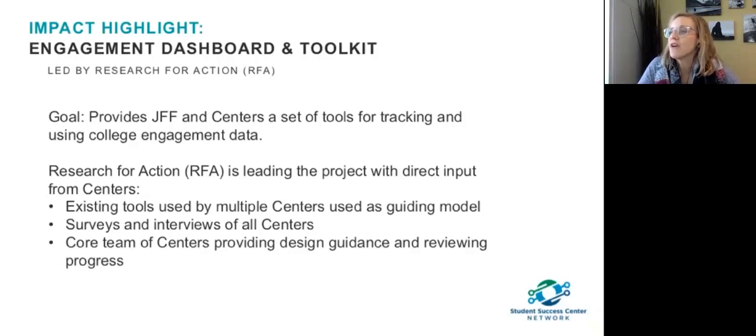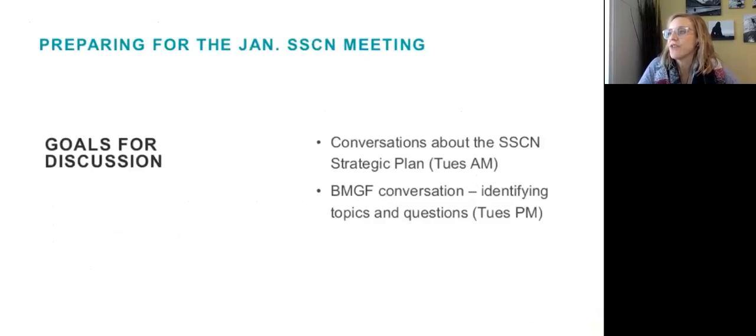Okay, so let's move to the next section of the agenda, and that's preparing for the January meeting. This is a two-part conversation. We want to talk about the Student Success Center strategic plan and what's going on in the morning. And we want to loop back to the conversation we'll be having with the Bill and Melinda Gates Foundation in the afternoon.